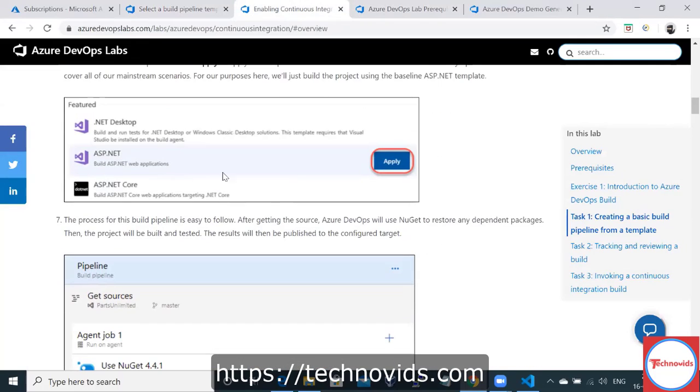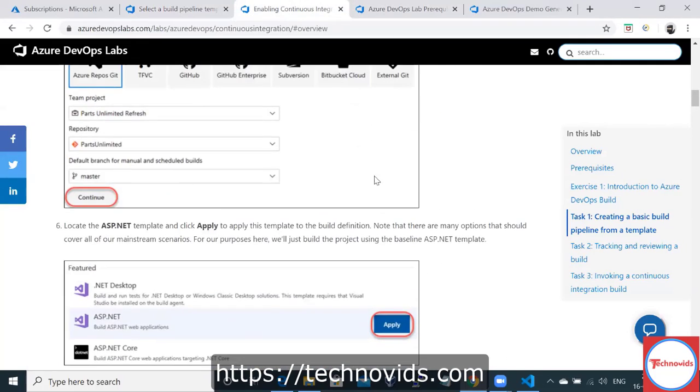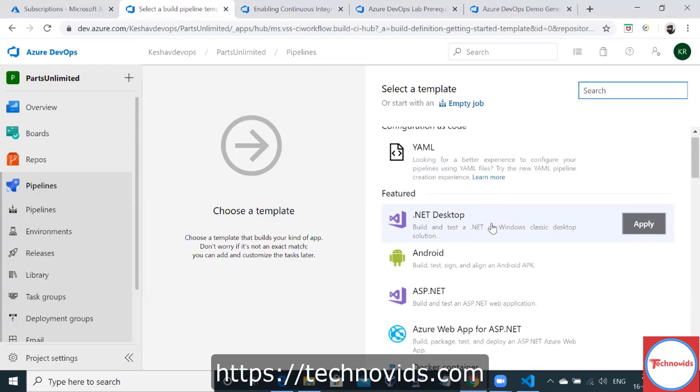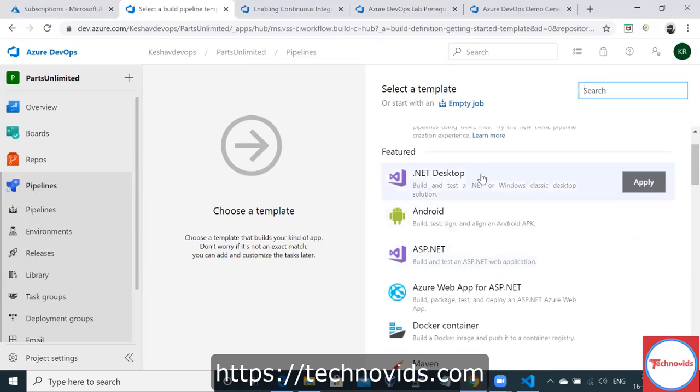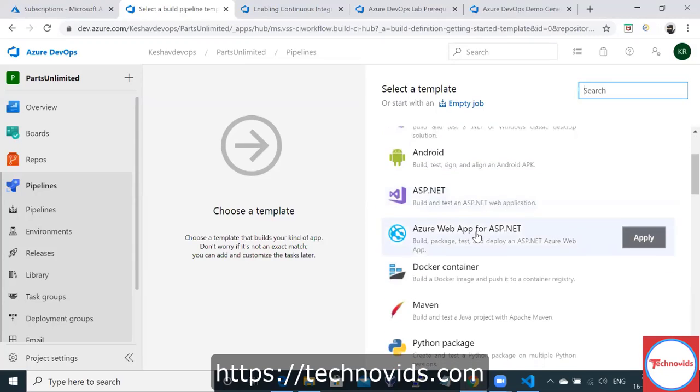So next, because see our project that we are going to create is ASP.NET. So that is why we will select, see, remember I told you there are multiple templates to be selected. So these are the templates. The featured templates are .NET, Android, ASP.NET.